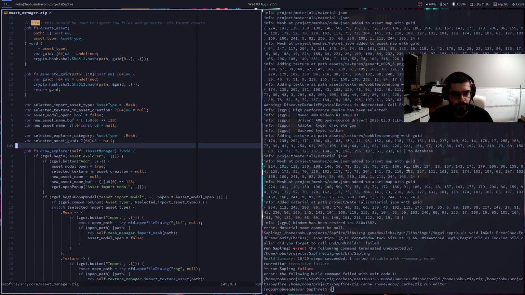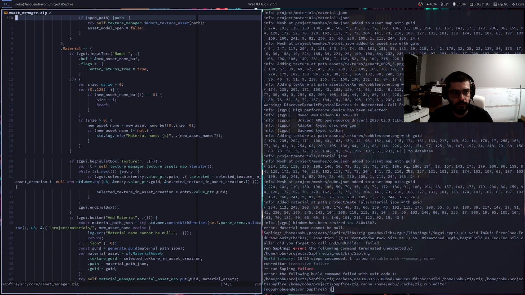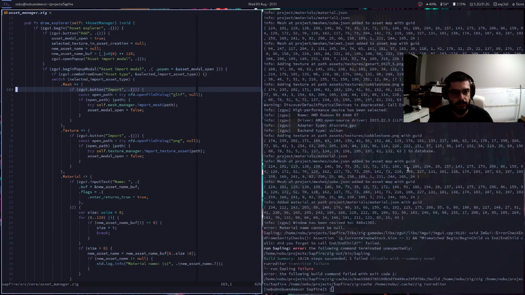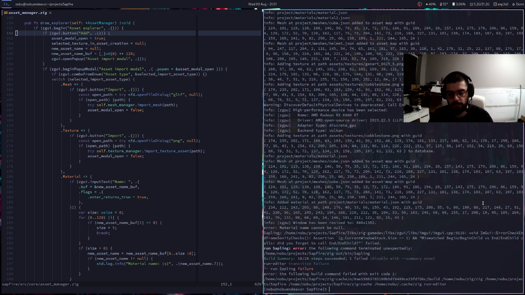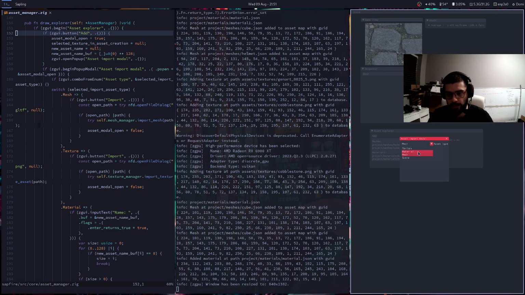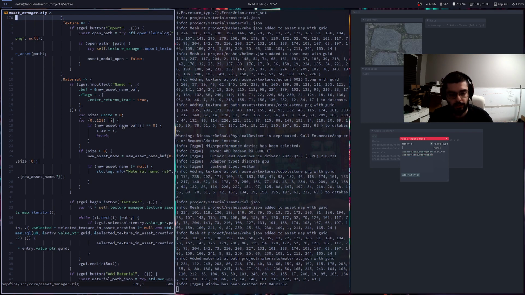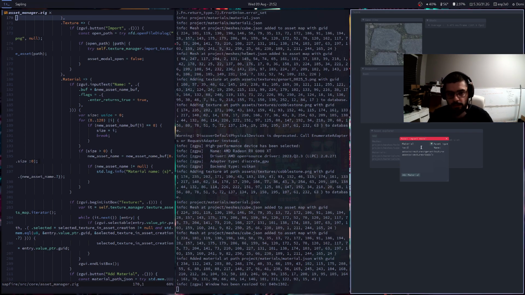And then we reset it once this little button gets pressed, which is fine. This makes sense. But then once we select material, all of this appears, and then in our input text in the name field, once I type it out,